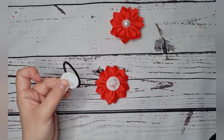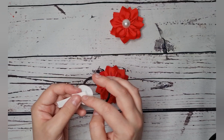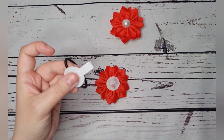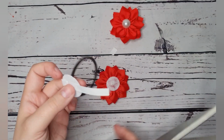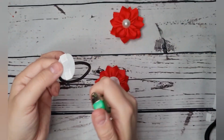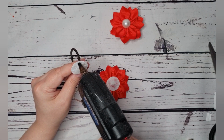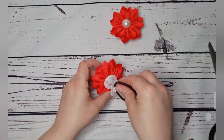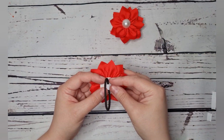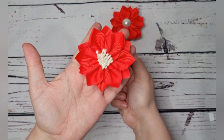And then we're going to put a dot of glue here, and then glue that down, and lift this up and do exactly the same this side. And then cut that round your circle, take your lighter, heat seal, and then you put your glue on this bit as we just did the clip. And line that up with the back. And there you go. You've got a hair tie / hair bobble flower,